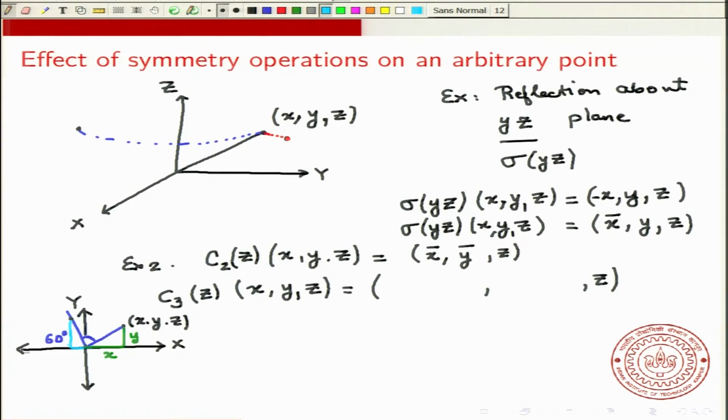Now, it takes a little bit of work to work out the new coordinates. If you have to work out these new coordinates, you have to rotate by 60 degrees and work out these coordinates. This turns out to be a little bit more work, but not a whole lot. So, the new point will have the following coordinates. You can work it out the following way. If you take this angle 60 degrees, and you imagine that you drop